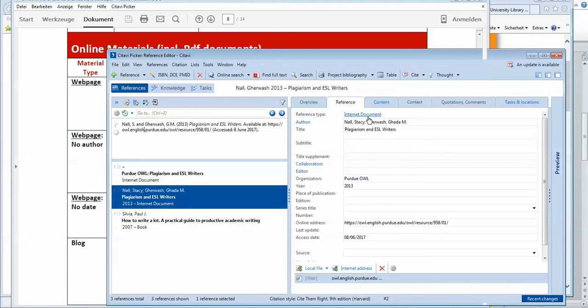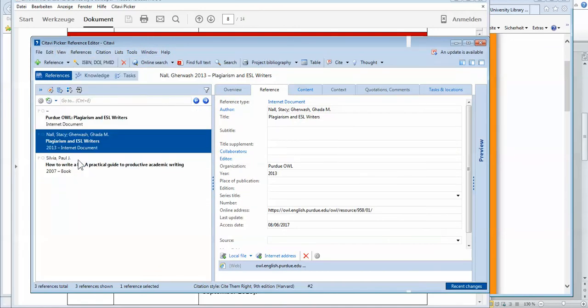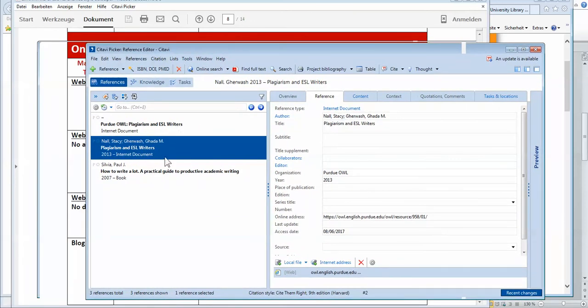website, here it says internet document, then it has the link, and for Harvard it must have an access date, and it has the correct one. Today is the 8th of June. So once you are glad, pleased, you can hide the reference preview. Okay, so that's it for saving